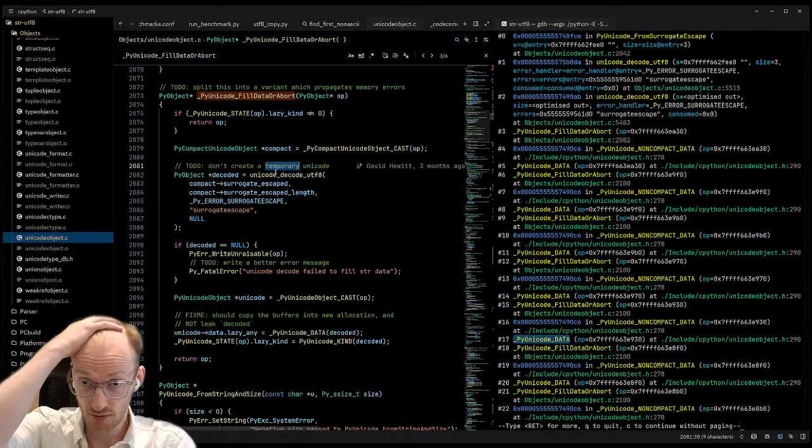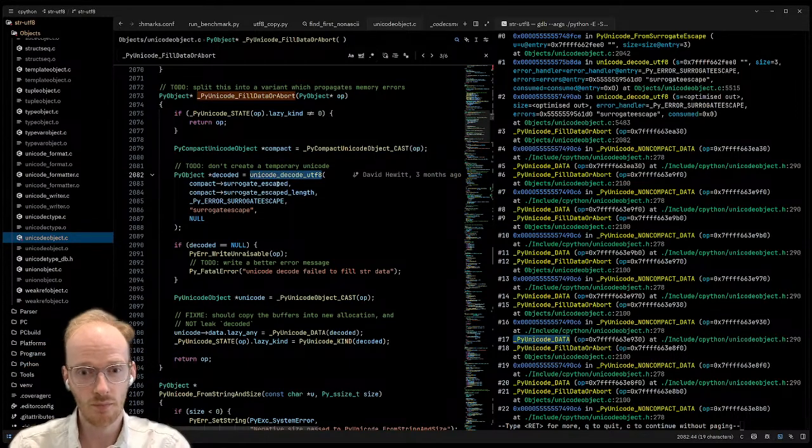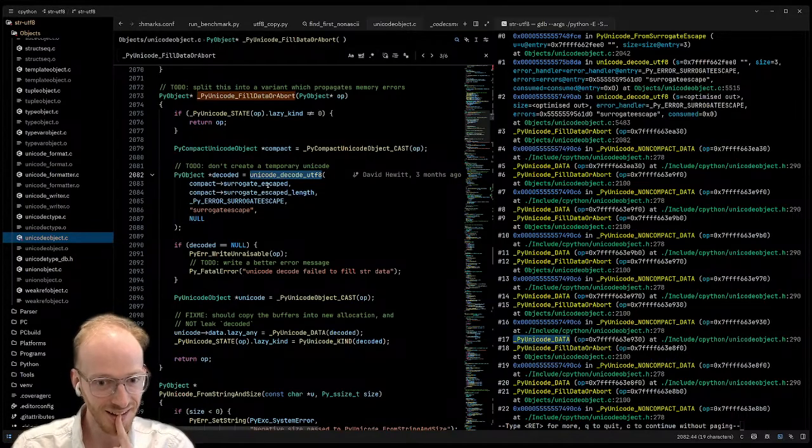Unicode decode UTF-8 will create a new Python object, which is using the surrogate escape error handler, which we were just talking about.